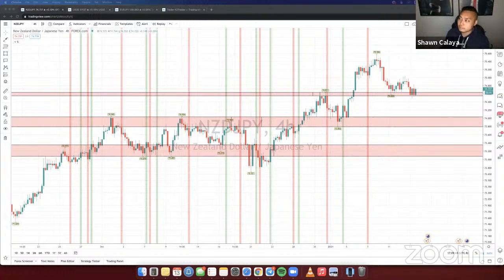And that works too, but I just feel like it's a lot of work because you have to enter three separate positions. And I get so confused. I would probably mess up and not put a stop loss on one position and then end up blowing my account at that point.